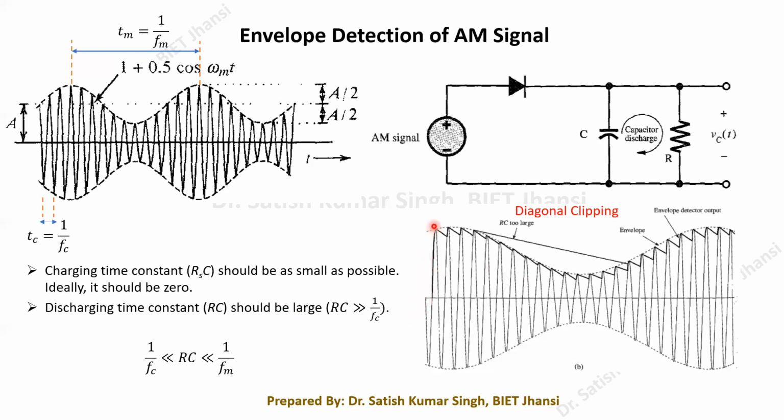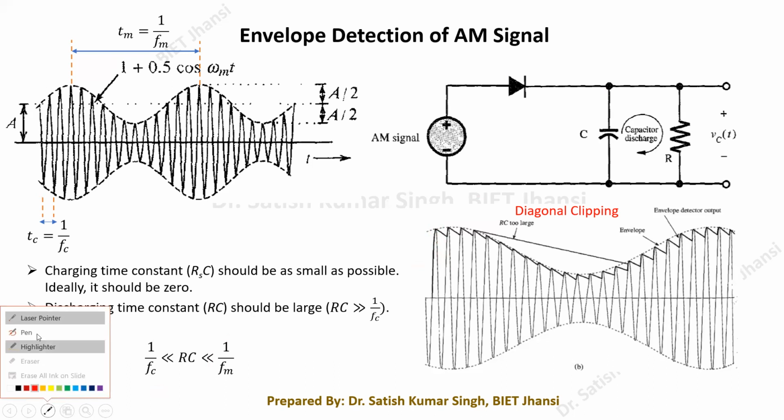So once it is charged up to this point, it will discharge quickly. As soon as this particular voltage starts decreasing, it may discharge up to this point. In this particular figure I have plotted it in this way. If it is discharging very quickly, there may be a chance that it will be discharged up to this point. So let me take one pen, then we can discuss it.